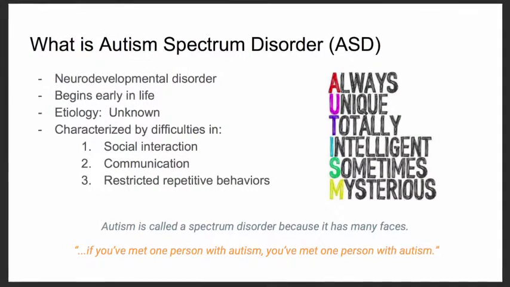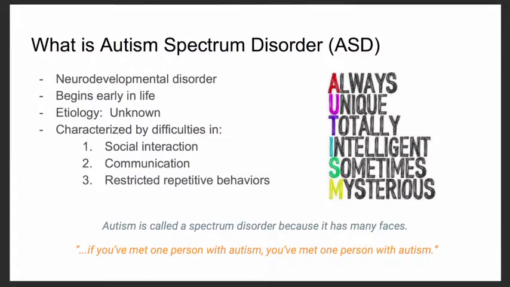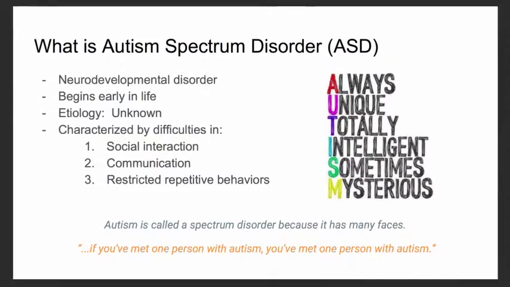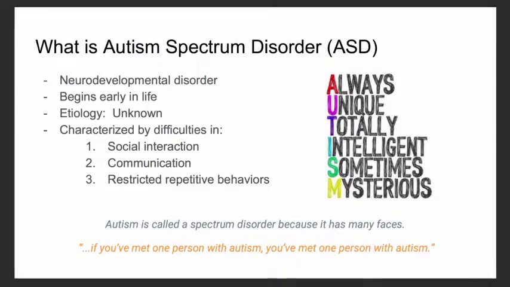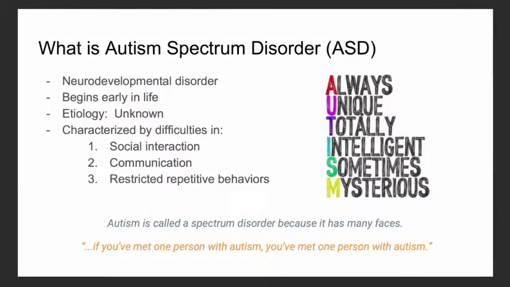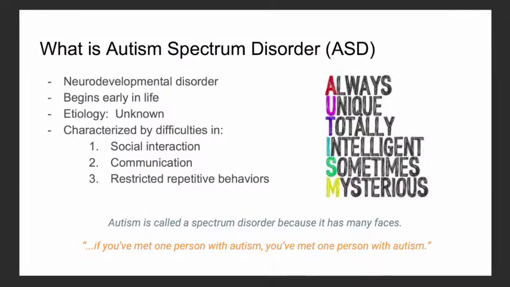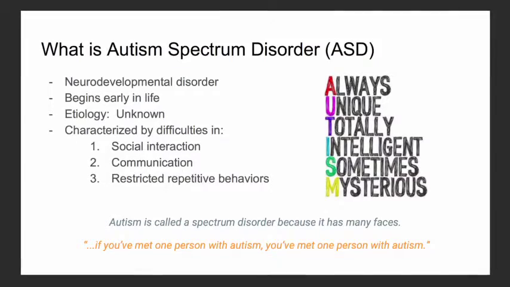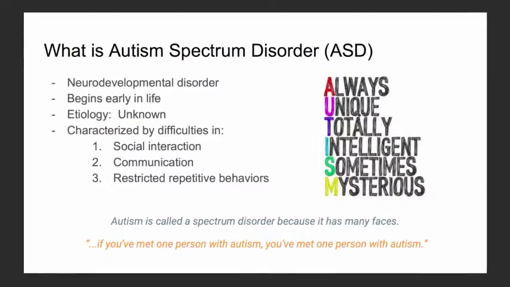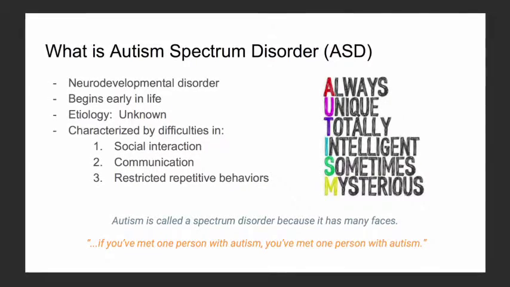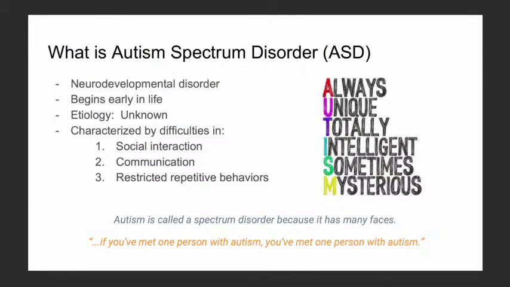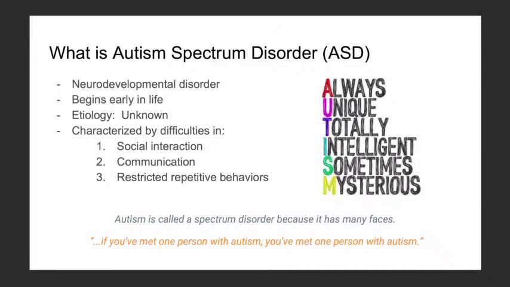ASD has an unknown etiology, but recent research suggests there may be a correlation between certain gene presentations and the disease. However, further research is needed. Poor eye contact, inability to read facial expressions, difficulty with social norms, and difficulty with appropriate peer interactions are signs of ASD. Difficulties in communication can vary from severe nonverbal cases to simply not being able to indicate emotion through tone of voice. Restrictive repetitive behaviors are also a symptom of autism.